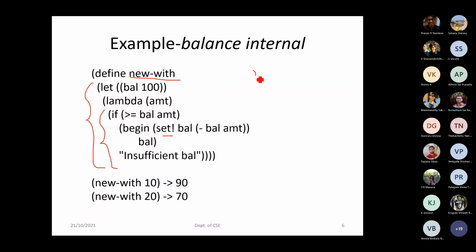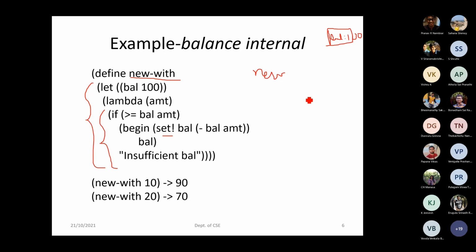So whenever I say new-withdraw, internally the balance in the memory location will be set to 100, the first time you call it. And this new-withdraw will hold this entire lambda procedure.